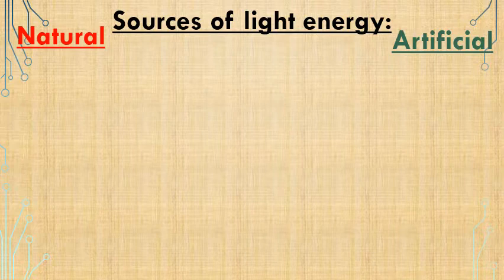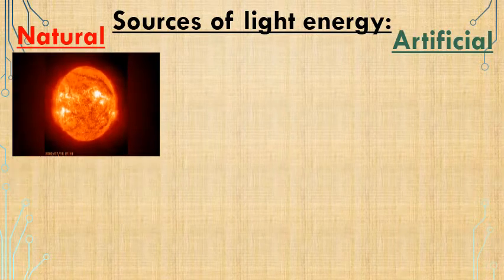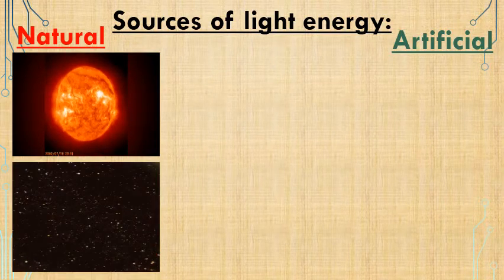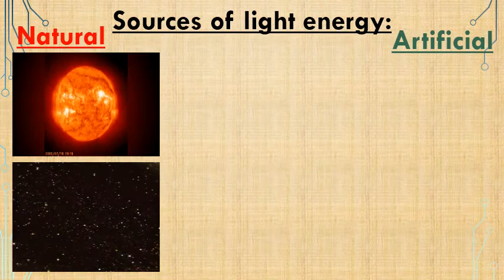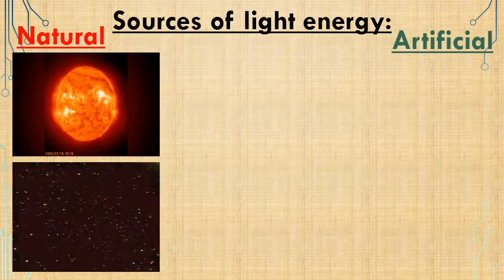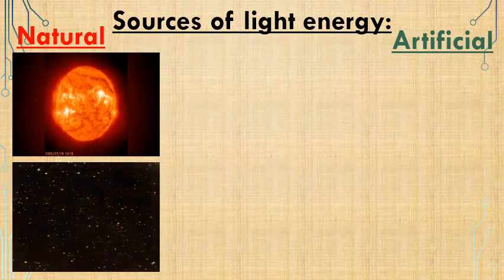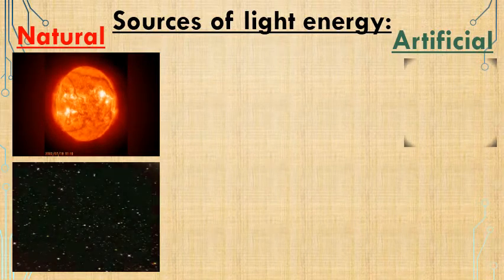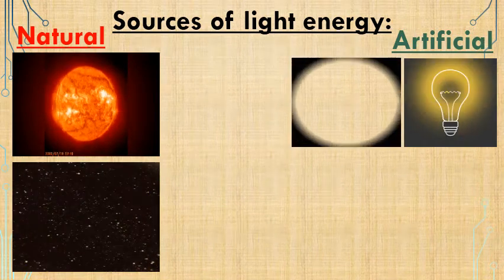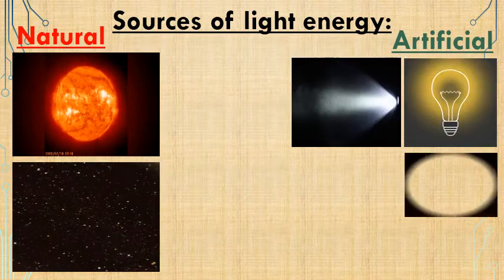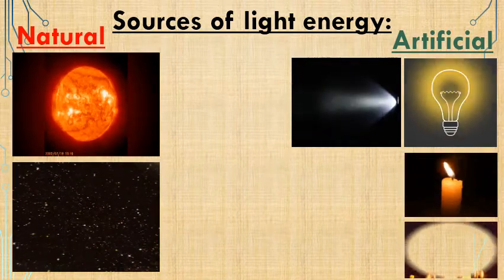So, give me some examples of the natural sources of light. Wow, you're right. The sun, and you know that the sun is the main source of light and heat on the earth. What else is a natural source of light? Super, stars also. Okay, now let's talk about the artificial sources of light. Could you give me some examples of artificial sources of light, or something made by humans? Amazing. Electric lamp or electric bulb, flashlight, candles, fire,